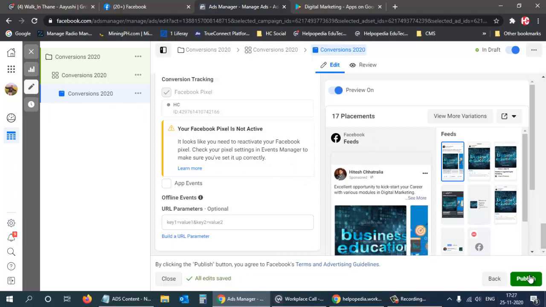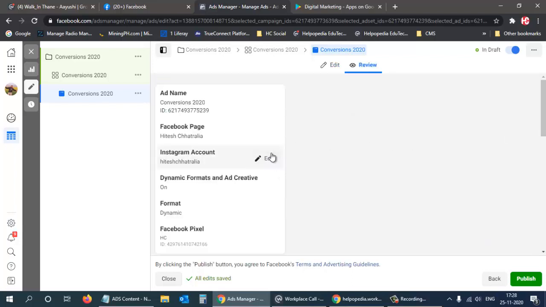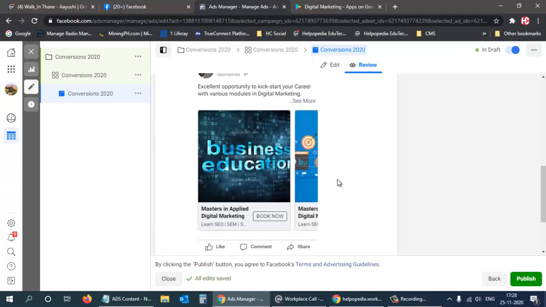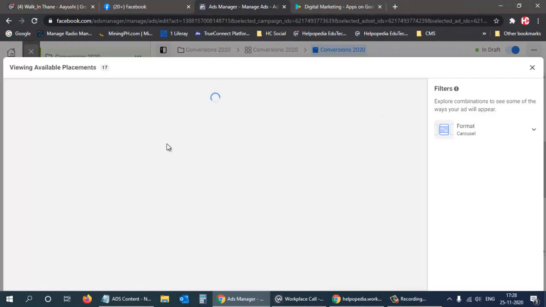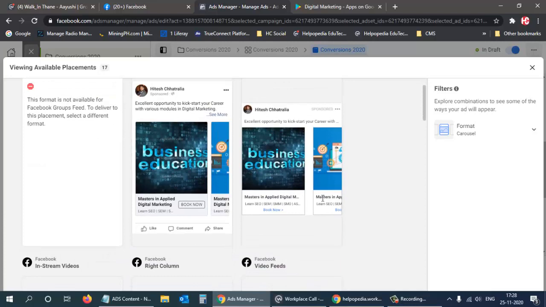Okay, and then finally over here we can see what is the ad, and we can select different types of ads, so we can preview. Okay, so this will send a notification on a mobile device, so we can just click on review over here. Okay, so these are the ads. So this is how our ad will look like. So I mean, we can see different types of ads. So this is for more variations we can select. So here we can see more variations.